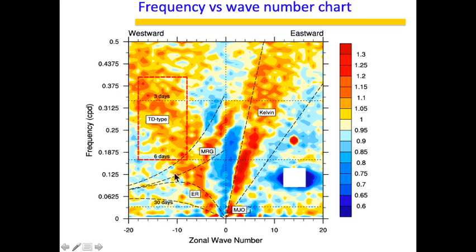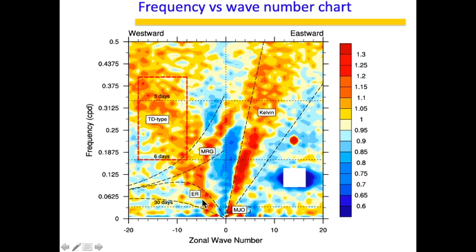Now on this map, you can also put the equatorial Rossby wave. Equatorial Rossby waves have very low wave number as well as very low frequency. And these Rossby waves are dispersive because they don't have a straight line. They are kind of curved, you see these curved lines. These curved lines mean these are dispersive waves. So the equatorial Rossby wave is a dispersive wave. MRG is nothing but the mixed Rossby gravity wave. That is also a dispersive wave. It is slightly different from the equatorial Rossby wave, but the only difference is that it has the same amplitude while the frequency is slightly higher.